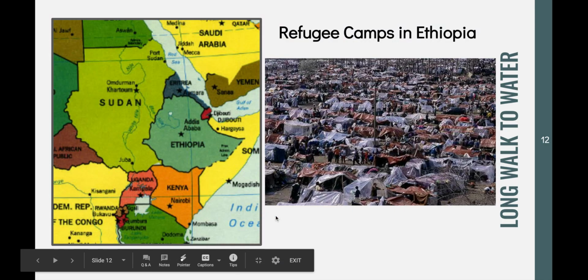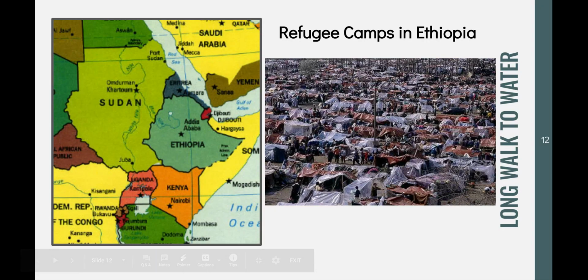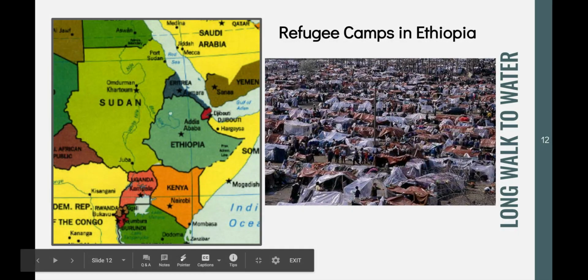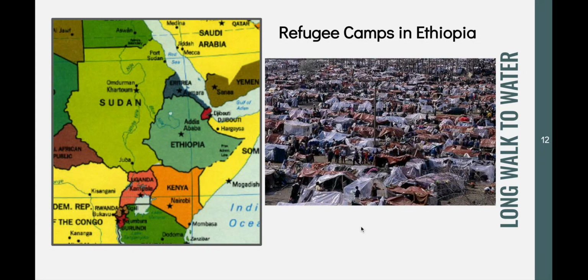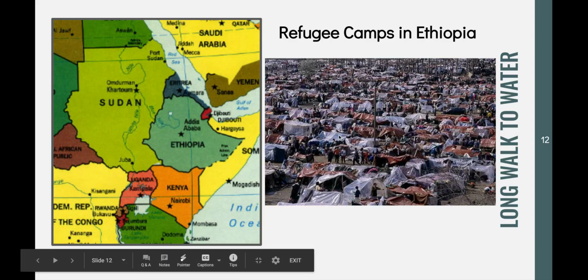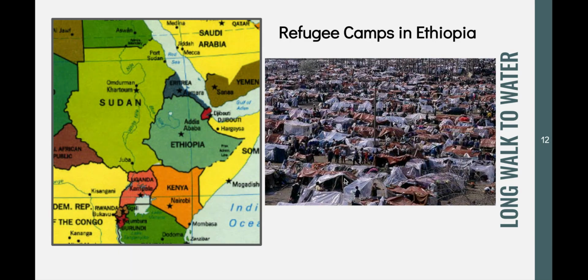So, Salva, when he does make it to Ethiopia, he has to live in a refugee camp, which this is not the exact one that he stayed in, but it looks something like this. Note that at the back, there's a big fence back there. That wasn't necessarily to keep people locked in, but it was a deterrent for people to leave because if you left, you were not allowed back in. So if you gave up your place in this refugee camp where you were, I mean, safer than wandering a desert, then you were not allowed to come back in. I mean, just imagine if this was your shelter. They look like literal plastic bags draped over sticks.